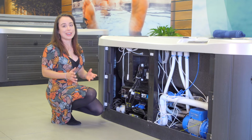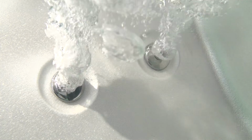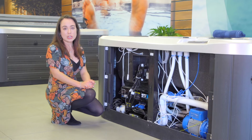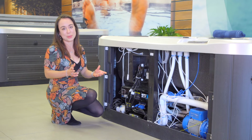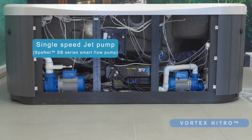This pump may sound like an all-rounder, but the 2-speed pump at its lower speed uses considerably more power than a small circulation pump, and it's also louder to run. So to put this into perspective, it's like getting a big school bus to take just 2 kids to school. A circulation pump, also known as a circ pump, is only in charge of heating and filtration. It leaves the separate larger jet pump to do its job only when you decide to turn the jets on